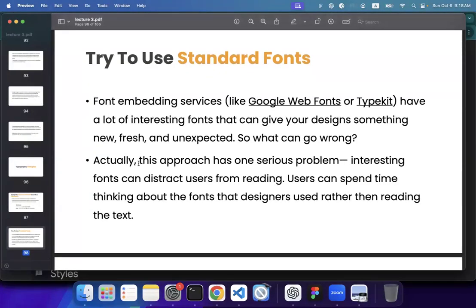So what can go wrong? Actually, this approach has a serious problem. Interesting fonts can distract users from reading. Users can spend time thinking about the fonts that designers use rather than reading the content